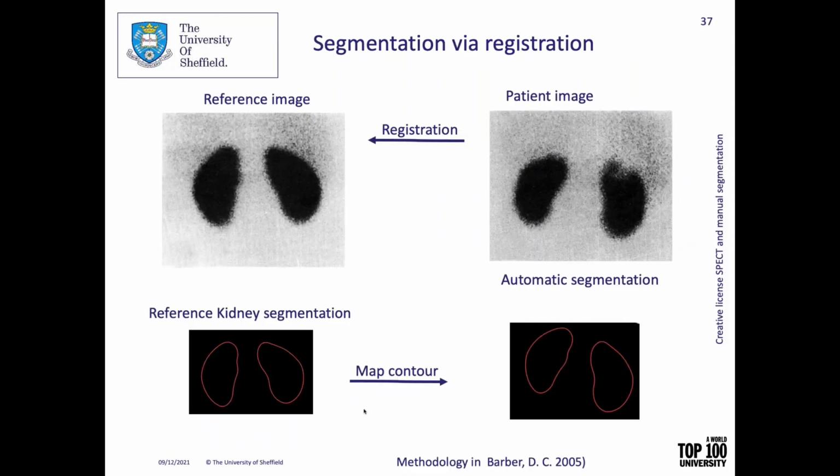So registration is not just a process to register two images one to the other. There is another interesting application of this. Assume that you have a kidney renogram, so it's a scintigraphy image. Let's say you have a reference image and a patient image. In some assessments of patient health, it would be important to segment, so trace the boundary around the image. Imagine you have an oncology patient and you want to understand if the volume of the cancer is growing. So you need to find a way to trace the boundary, to segment the organ, or in that case, the cancer,